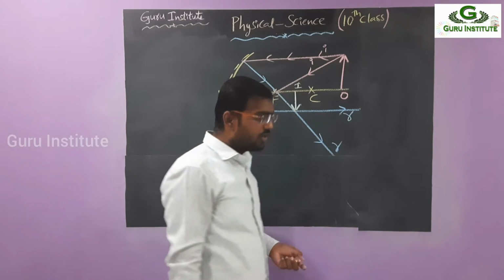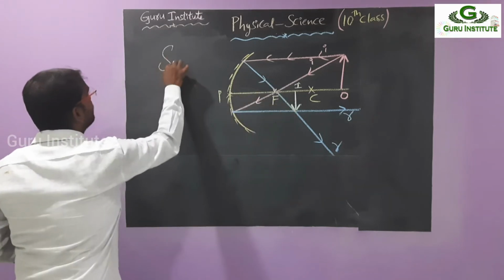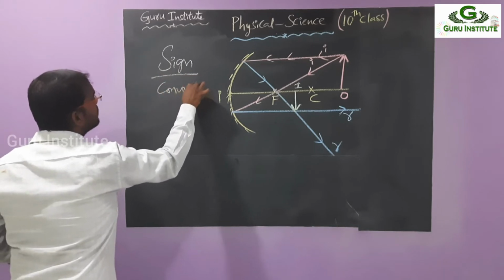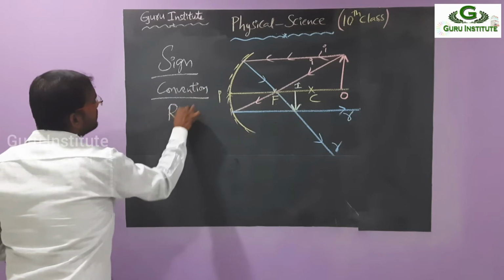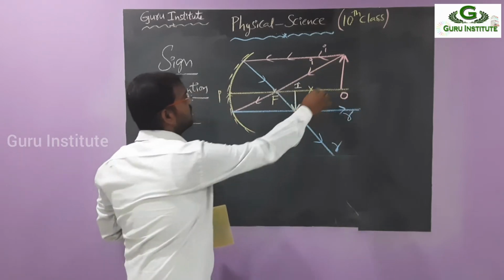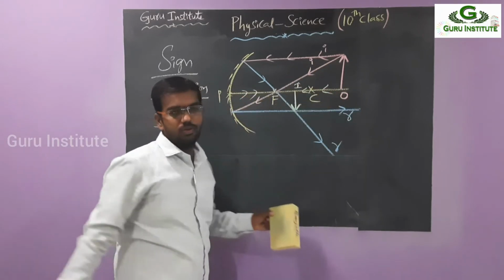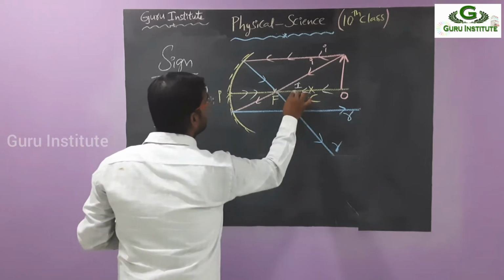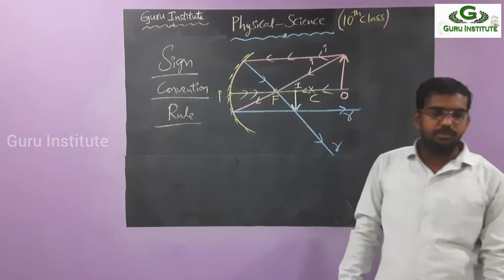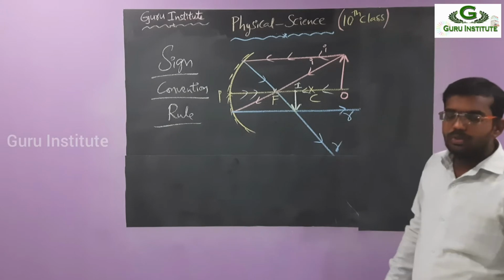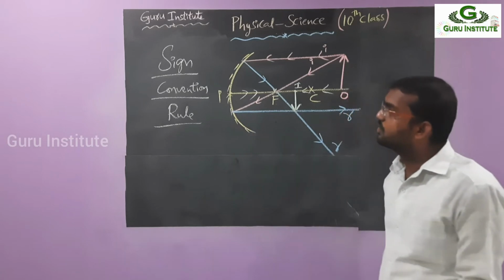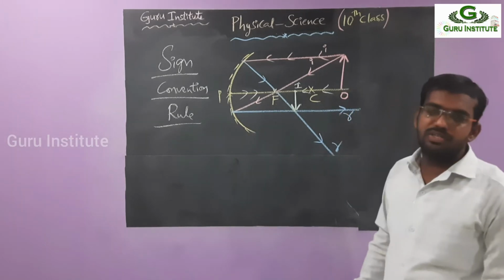Today we are going to see the sign convention rules. In order to draw the picture, that means the ray diagram, we are taking three rules. First one, second one, and the third one is this one: passing through this, returning back here. Where they meet, here they meet. So, sign convention. What is meant by sign? Sign means some symbol, either positive or negative, or subtraction, multiplication or division. So we have some rules here.